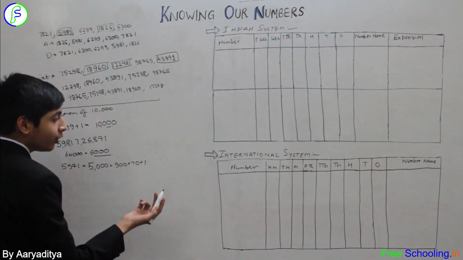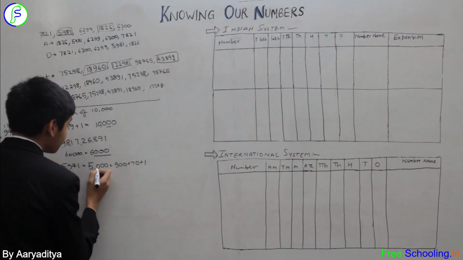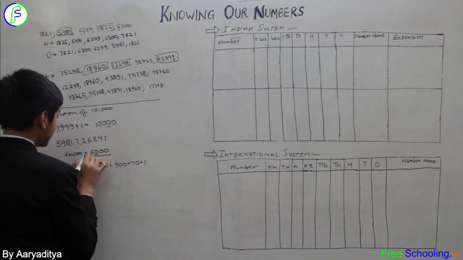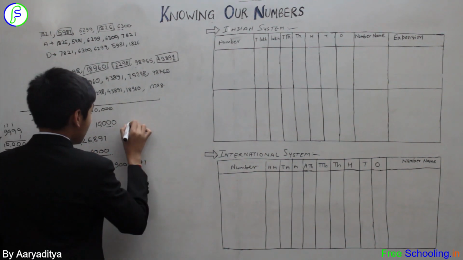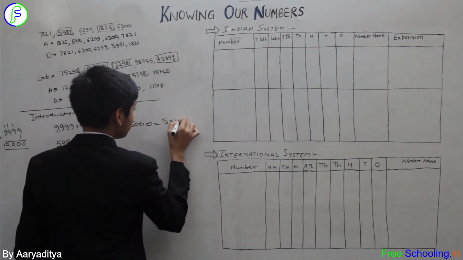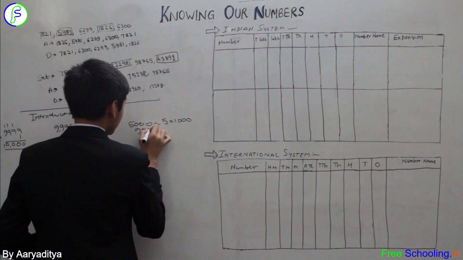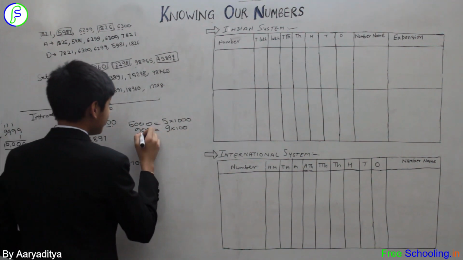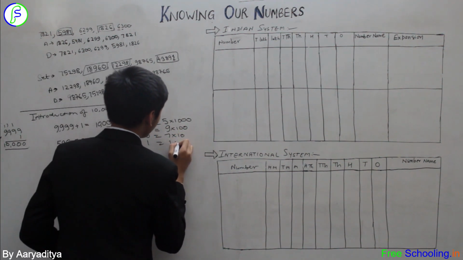Now what do we need to do to make it a formal expansion? We can see that 5000. As I have done here, 6000, another expansion of this one would be 6 into 1000. So with 5000, expansion would be 5 into 1000. Clear to you all? If I take 900, expansion would be 9 into 100. If I take 70, it will be 7 into 10. And if I take 1, it's 1 into 1.